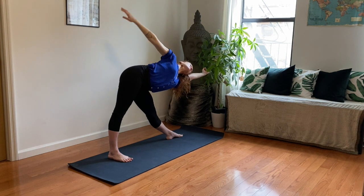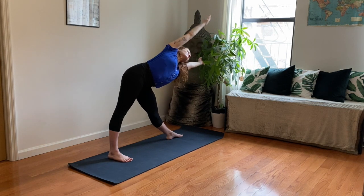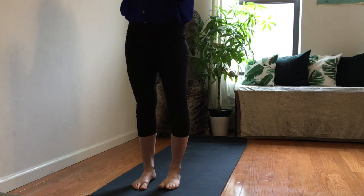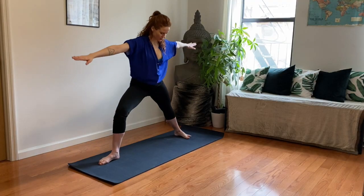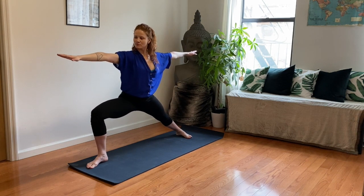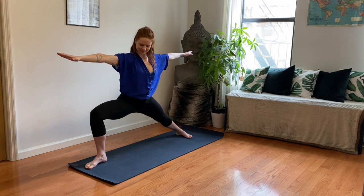Release the half bind. Meet them parallel to one another, and slowly with control bring your chest up. And step back to the front of your mat, getting ready for a warrior two. Step your left leg back, open both legs, find a big space between both knees, ground your feet,